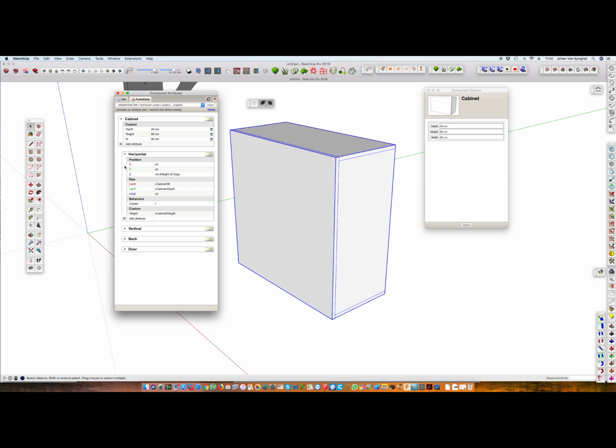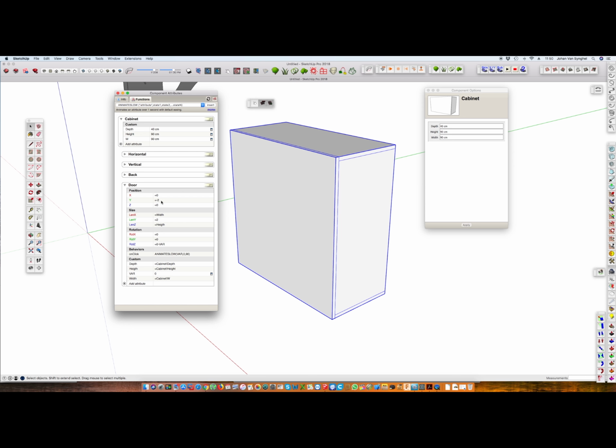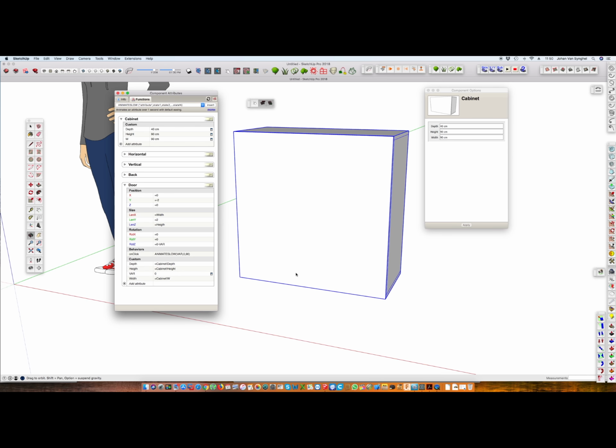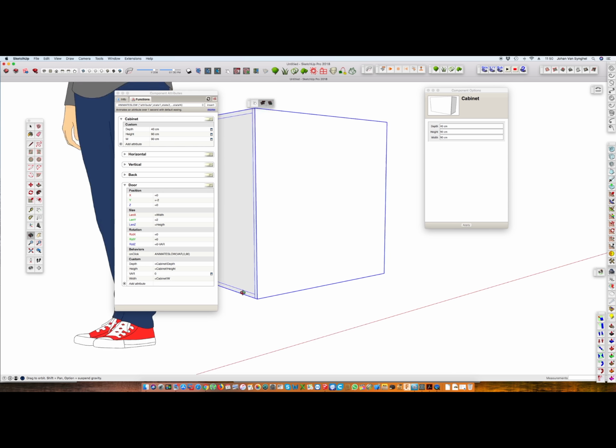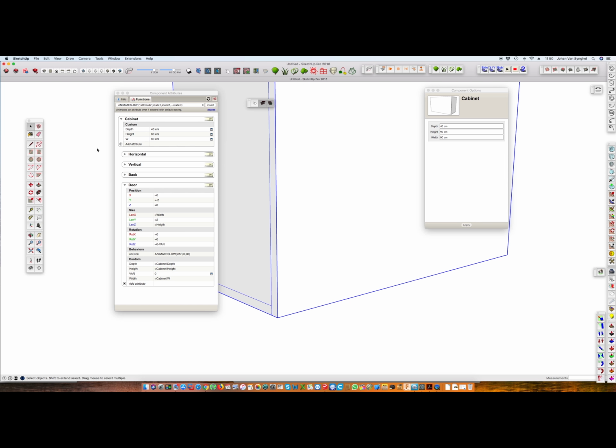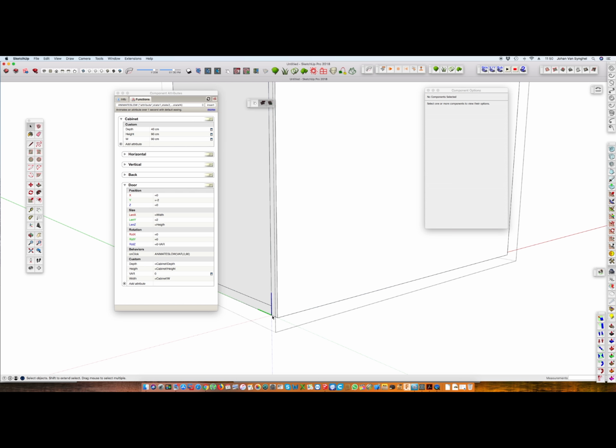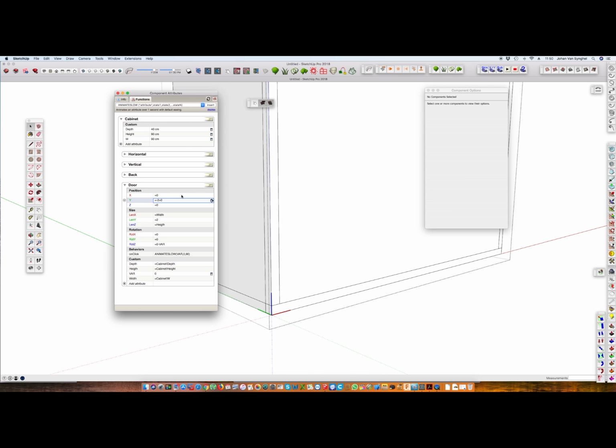If you click on the door, voila. What we have here is -2 because we have changed the location. Let me see. If I double click on my component, you'll see that the 0 point is here, and this is -2, the location -2. I want this one to start really there. In that case, if I change it to 0, you will see this is okay,